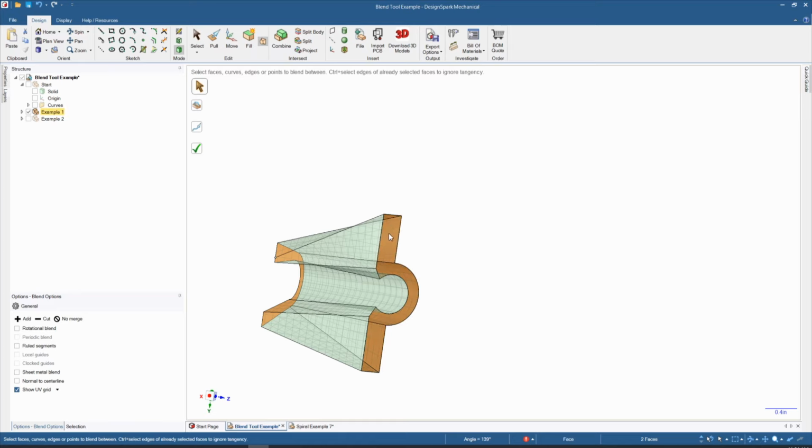Sometimes Designspark has a hard time figuring out what to do with all of the individual segments of a surface. If that's the case, there's an alternate method of blending one surface to the other, and that is by using its edges. If I escape to get out of this, remember up at the top it says we can use edges or points as well. So we can blend these two surfaces by selecting one edge at a time. So say if I select this edge and then Control and select this edge, it will make a blend between